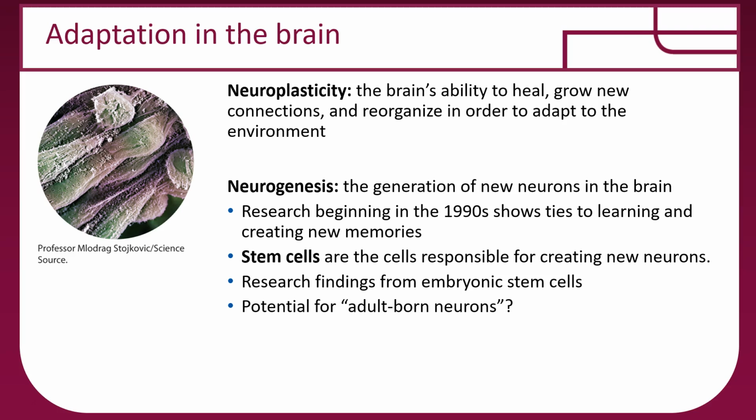If someone has brain damage as an adult, they're often left with significant impairments, but our research is showing that there is the ability for the brain to reorganize, and so hopefully we can learn how this happens, and hopefully we can come up with interventions to help people who have had brain injuries and strokes as adults, help them come up with interventions that would help them reorganize and